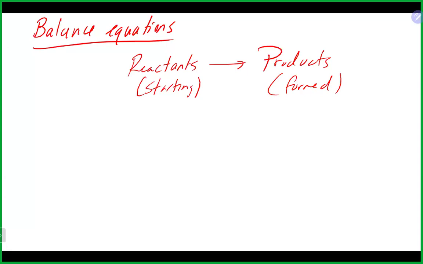That's really important for the balancing of the equations. When we balance the equations, we do need to end up with the same number of elements on both sides of the arrow. So if we have an equation,